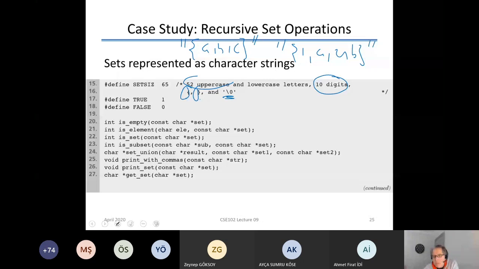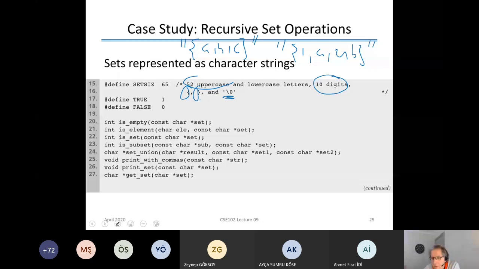So, for example, let's look at if the set is empty. Empty set means my first character is just the null character, meaning I don't have anything. So here you could have said, okay, would an empty set? Of course, but they are assuming that this is not the case. All right. So isElement, I'm going to check if a given set has a particular character in it. This is very simple, but I want to do this as a